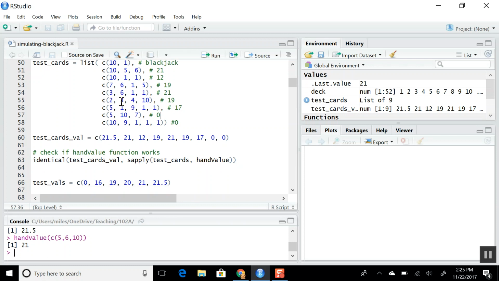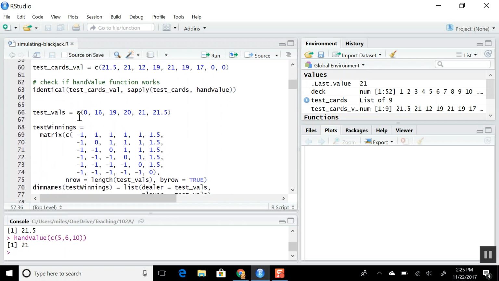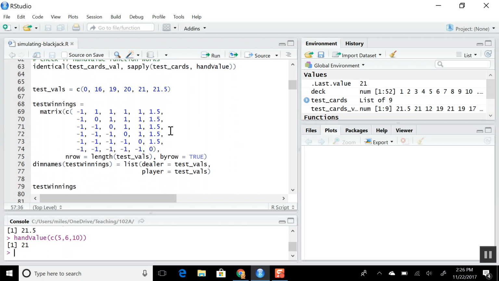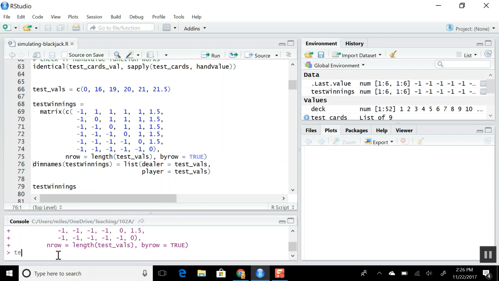So this is a way to check. Here we are creating a matrix to see how the winnings will compute out. This is the case where the player busts, the player has 16 versus 19, 20, 21, or blackjack. Let me show you what this looks like. Test winnings is a matrix that says